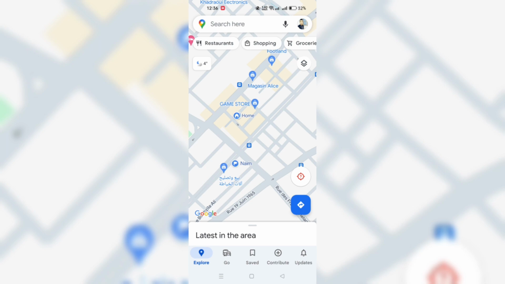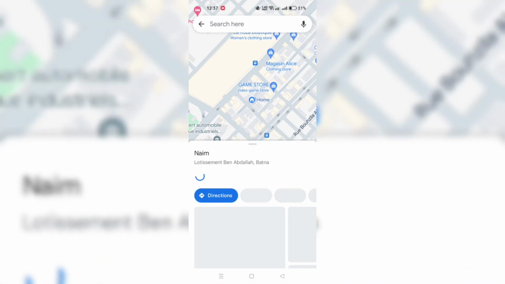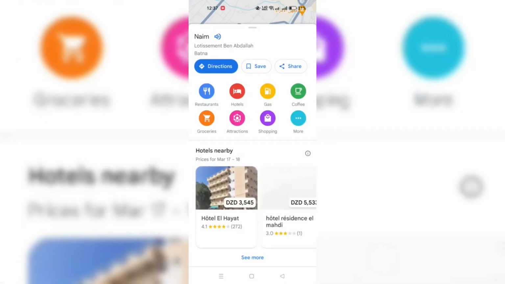1. On your Android phone or tablet, start by opening the Google Maps app. Use the search bar at the top to find your business. Make sure that you select the correct listing from the search results. Once you have selected your business, scroll down in the business profile to find the option Claim this business and